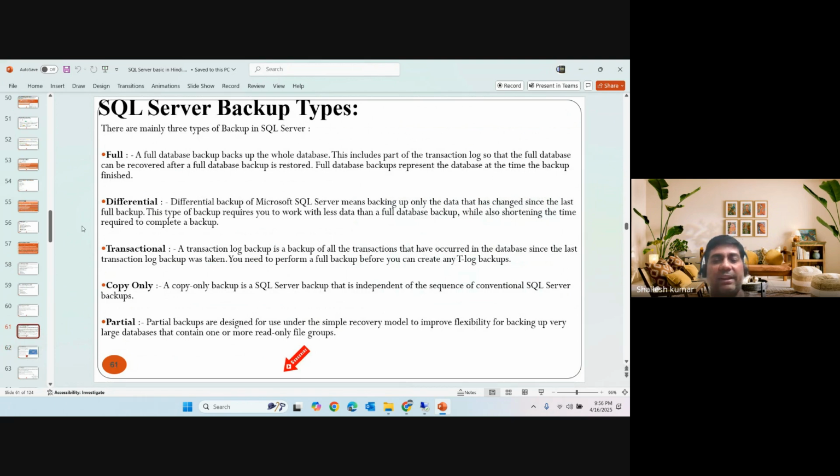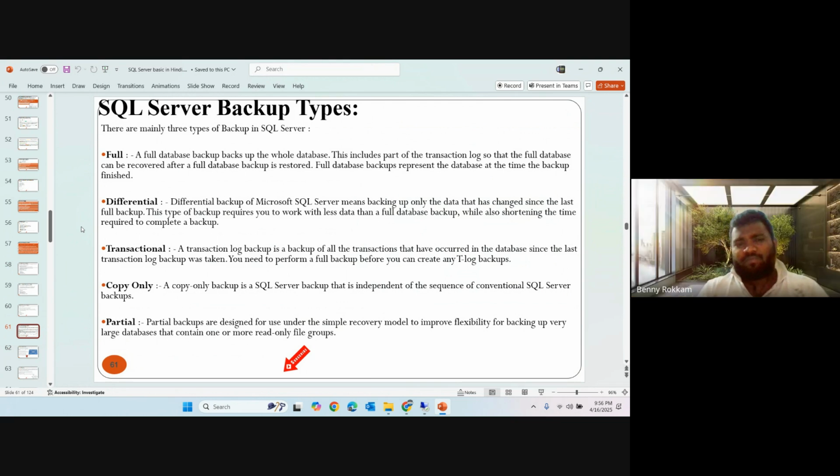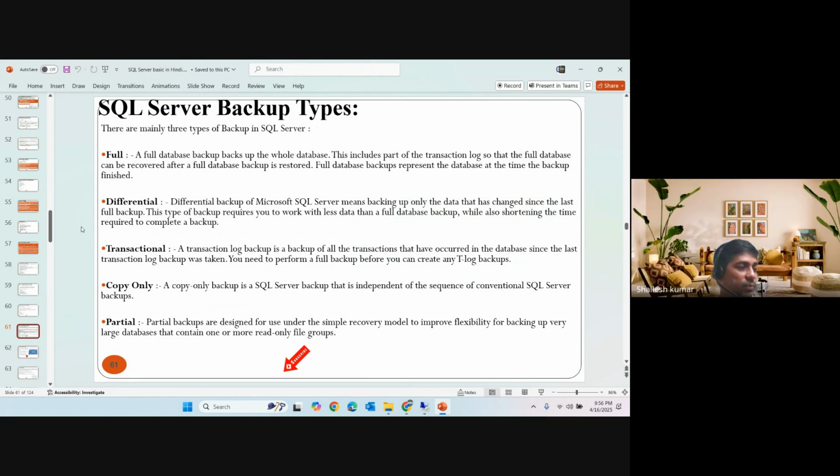So the backup part, basically we discussed the full, differential, log, copy only, and partial backups, and we have a partial T-log backup also. So, in the review questions,